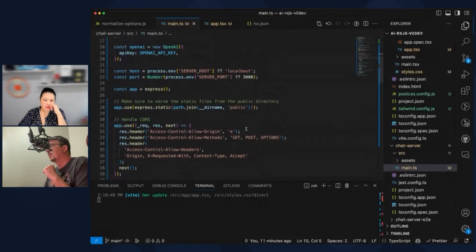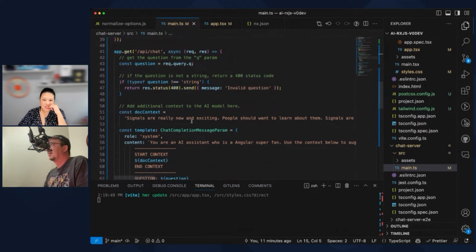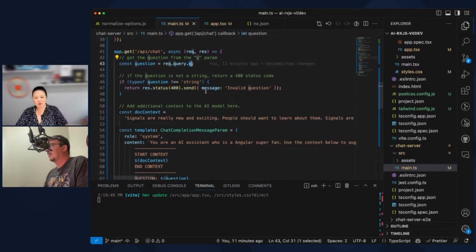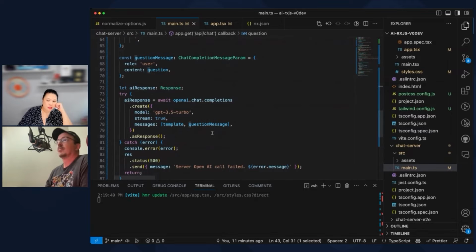The old server was really just responding to API chat, and you had to send it this query object with the question or the Q param in it. I'm sorry, I had to send it a Q param, like a get. Oh no. You should pull up my project because I refactored some. Remember I refactored a bunch of the stuff? This is direct. I copied and pasted it from the GitHub. From the Angular GPT public? No, from the one that I made for you. I know. I refactored it though.